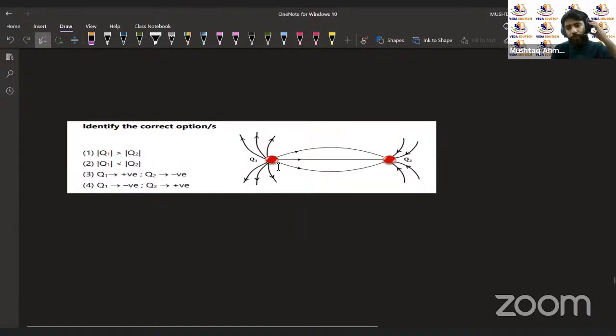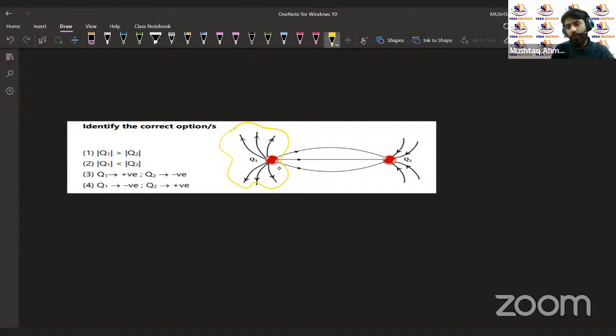So in this question, we have two charges Q1 and Q2. We have to identify which charge is having the greater magnitude, Q1 or Q2. We can see that from Q1, the number of electric field lines, if we count them here, there are 1, 2, 3, 4, 5, 6, 7, 8, 9. So 9 electric field lines are originating from this charge Q1, and only